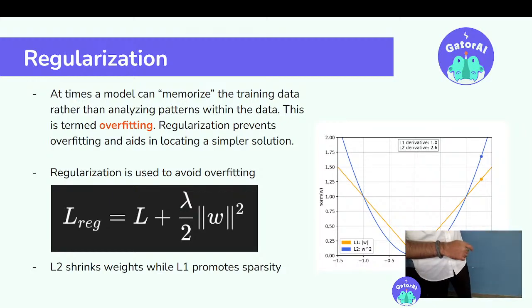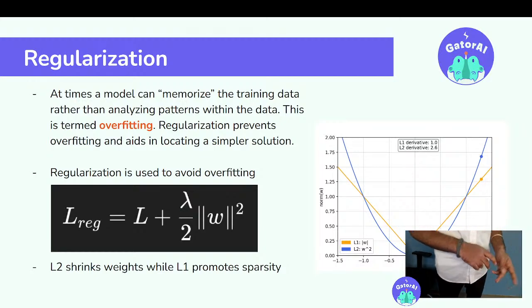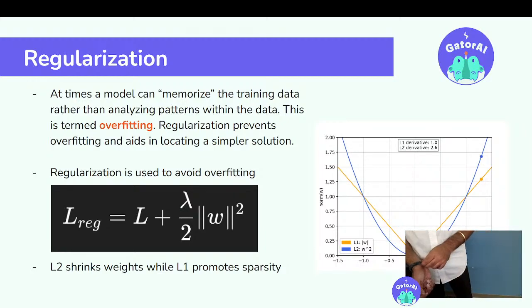Now there's two types of regularization. We have L1 and L2. L2 regularization is also called ridge regularization, and this shrinks the weights smoothly towards 0, but it doesn't make them exactly 0. So it helps in keeping things stable. L1 regularization, on the other hand, which is also called lasso, pushes some weights to be exactly 0, which creates